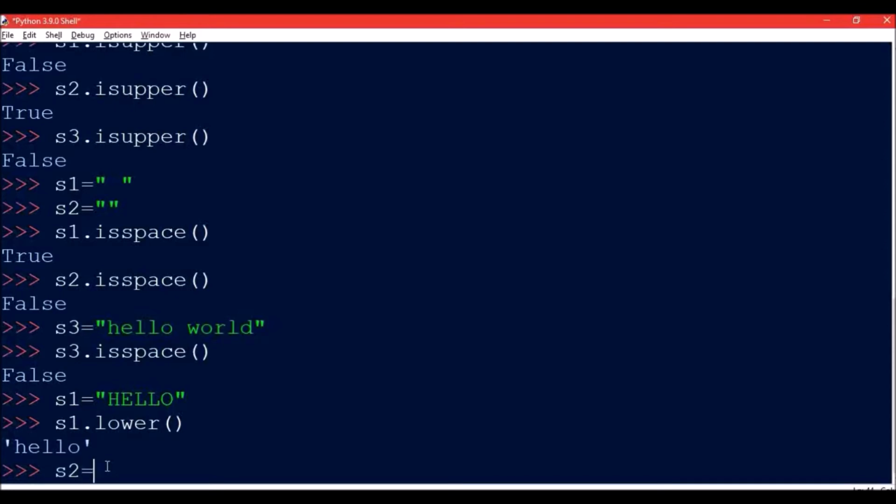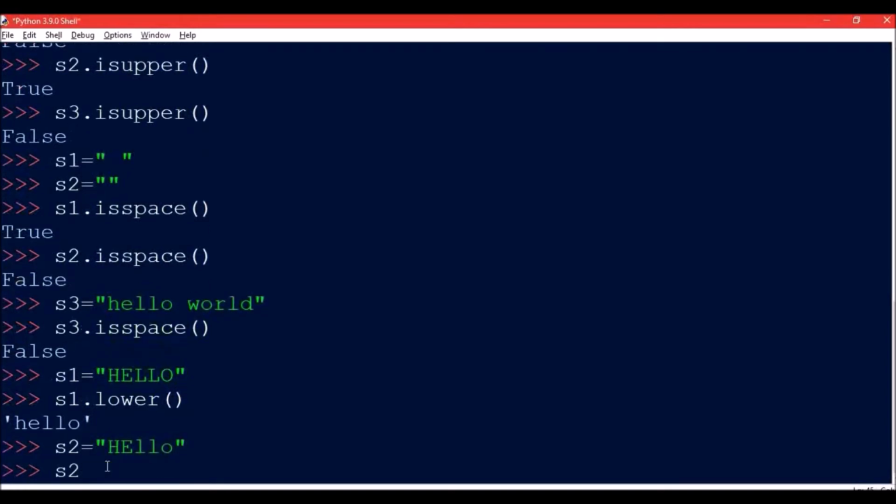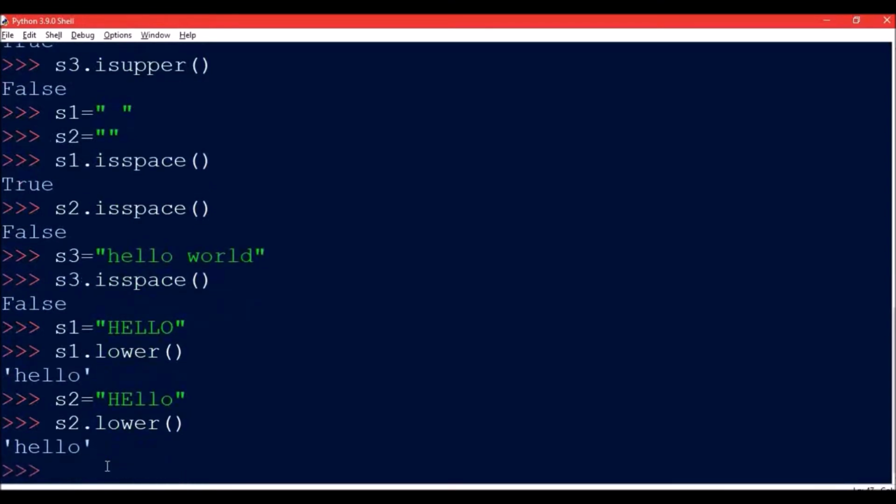Now if I write, suppose S2 is equal to, just the first two characters I write in capital and the rest I write in small, and then I write S2.lower. So in this case what will happen? Again whatever alphabets are there in the capital, those will be converted into the lower case.